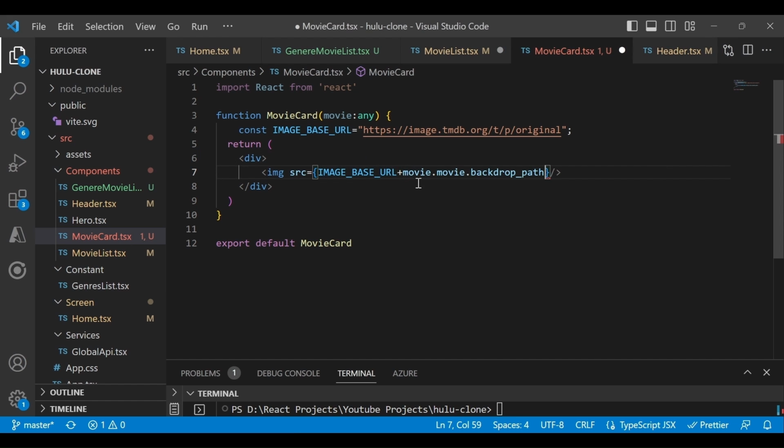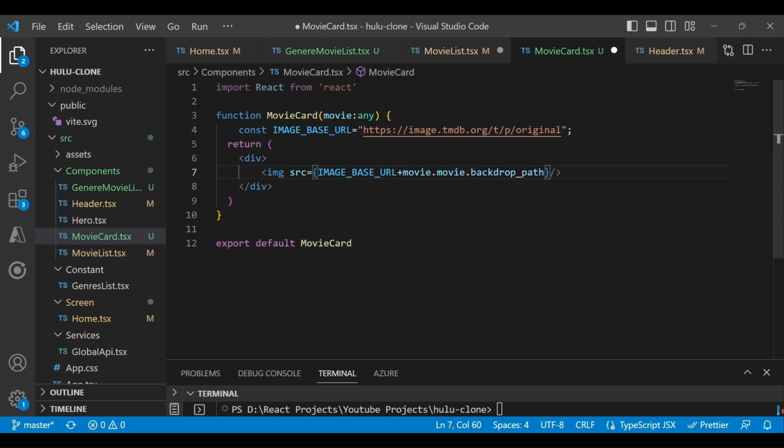So just write movie because this is an object. Inside that object we have a field called backdrop path. So here you can say props as well, but to differentiate, if I use multiple props, that's the reason I gave the specific name.